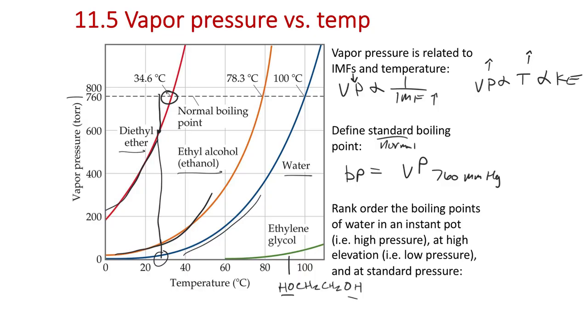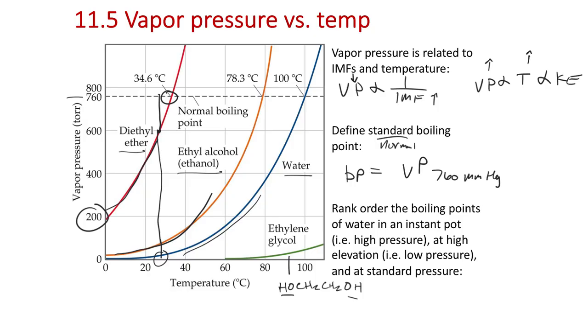So the boiling point's defined at the point at which the sample has a vapor pressure of 760 millimeters of mercury. And one of the things that's interesting is you can change the boiling point of a substance just by changing the surrounding pressure. There's two easy ways to do this. One is through the use of a vacuum pump. So if you put a vacuum onto a sample, you lower the surrounding pressure. So let's say we lower the surrounding pressure, either in our room, that's gonna be a little bit harder, but in a sample through using a vacuum pump, let's say we can reduce the pressure down to 200 millimeters of